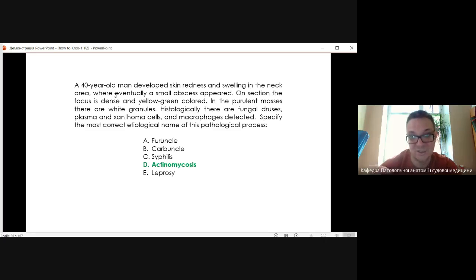Okay, we can consider additional attributes to that, but the most important thing in this case is the fungal druses. Otherwise, there is no other mycotic infection over here. Okay,